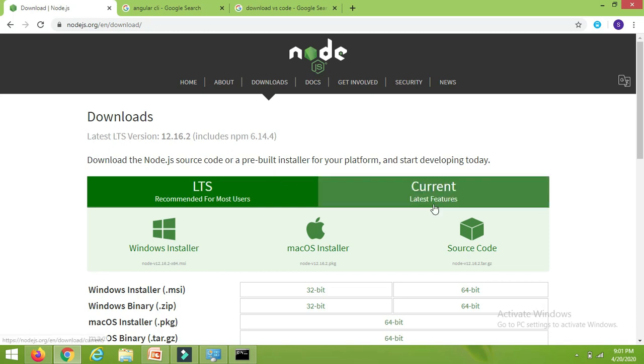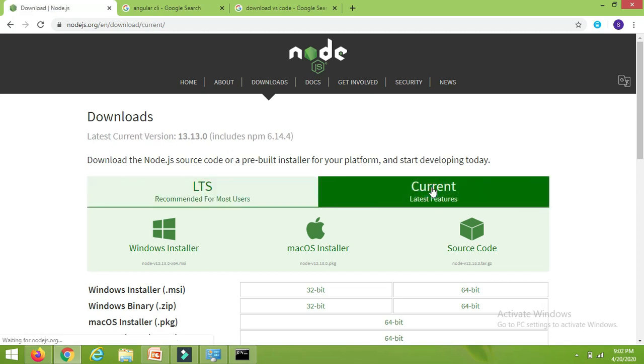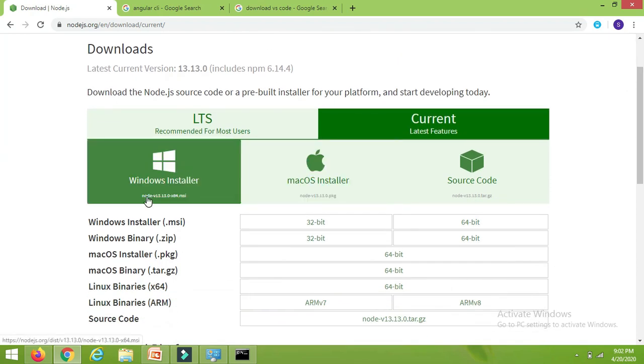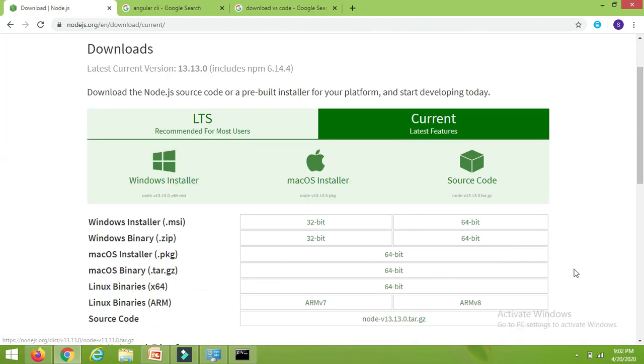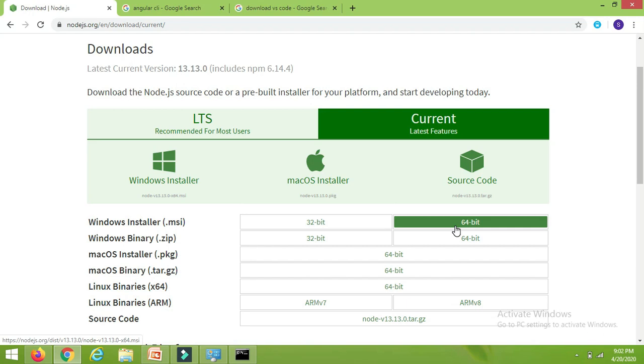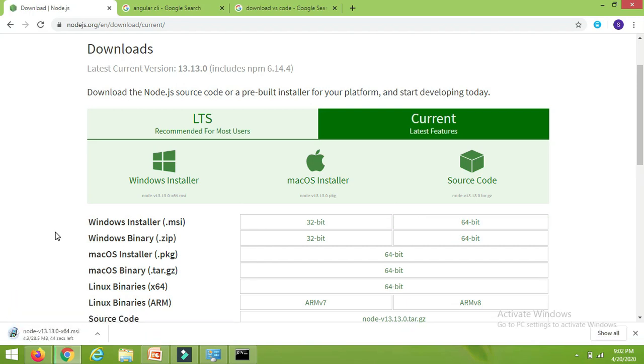Now I will select the tab current. I am doing this on a Windows system, so I will go with the 64-bit Windows installer. You can download the zip file or exe for that. Once it is downloaded, we will install it.